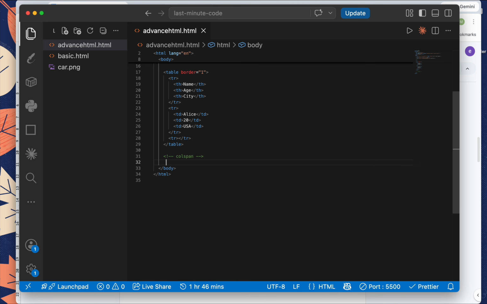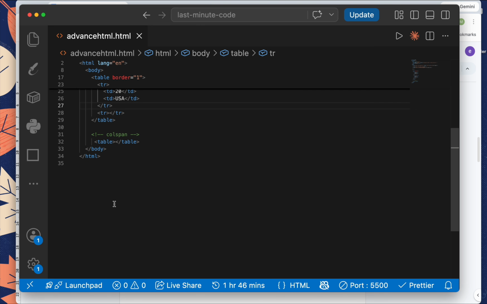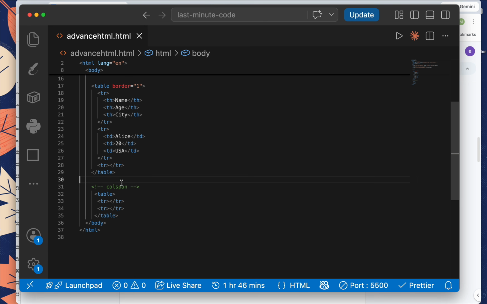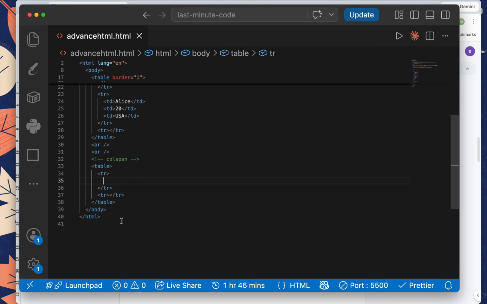So here again, I will add a table. Inside a table, I will add maybe 2 rows. So 1 row, and then comes the second row. Here I will add the 2 TR, so 2 brackets. In the first row, I will add a header. So header will be only one. So I just add student